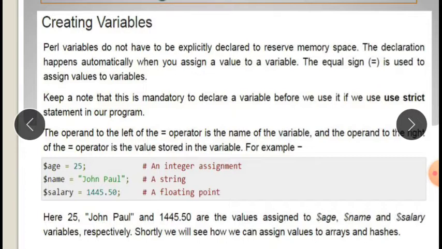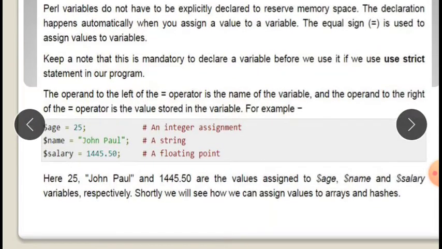Here 25 is the integer value which is assigned to the $age variable, John Paul is a string which is assigned to the $name variable, and 1445.50 is the floating point value which is assigned to the $salary variable. So 25, John Paul and 1445.50 are the values assigned to the $age, $name and $salary variables respectively.